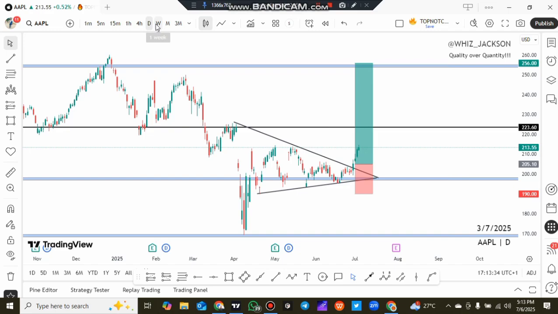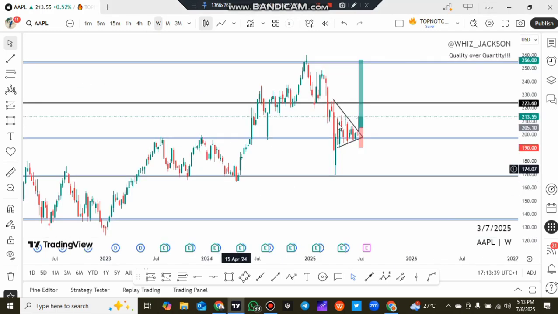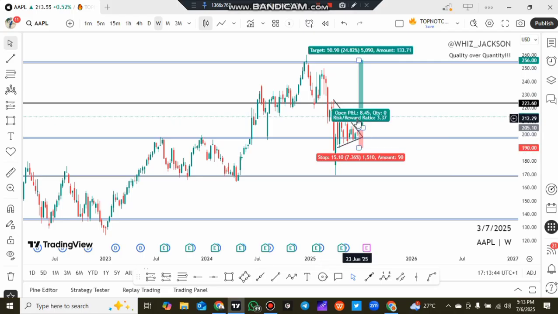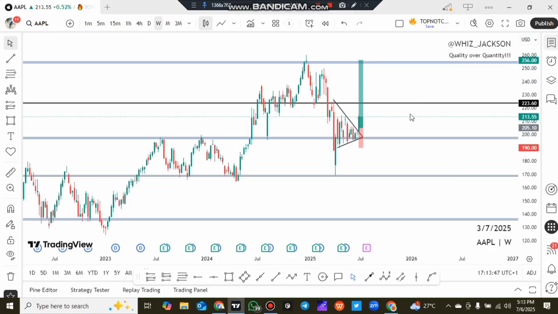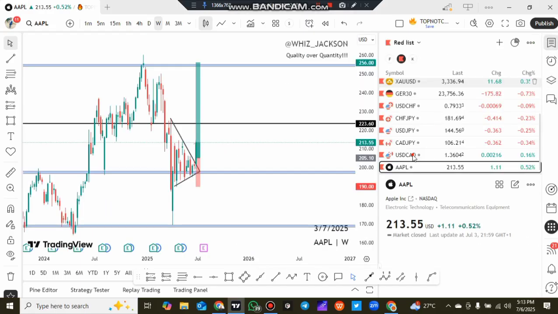Then if we go to the weekly time frame, this was what we saw. This was currently pulling back here, and now we have this pennant pattern and the market breakout. So we took the trade. That was last week. So I think the next pair that we took was this very one here,